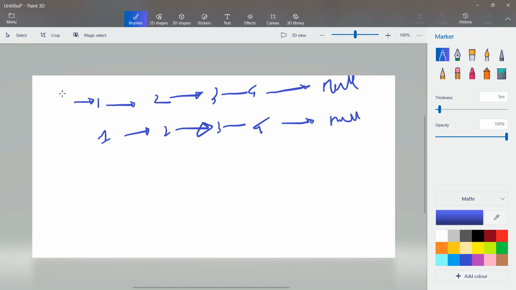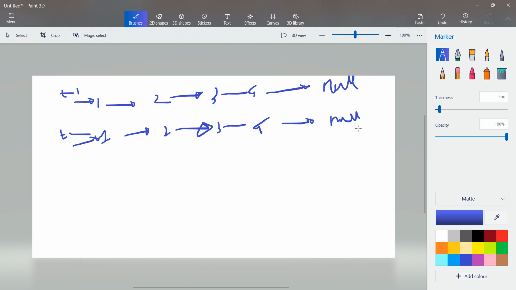Suppose this one is temp1, t1, and this is t2. Then we will iterate over the linked list, and at every point we will check if t1 dot data is equal to t2 dot data. If we checked all and we reached null simultaneously, then it means they are